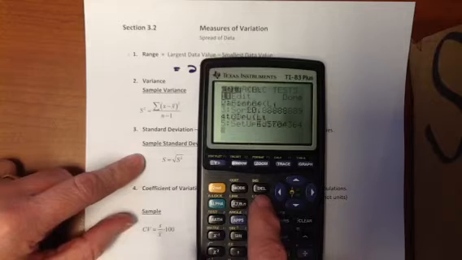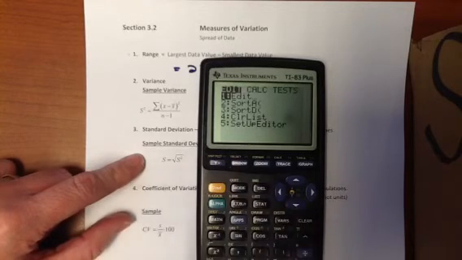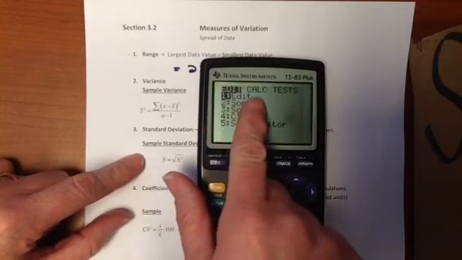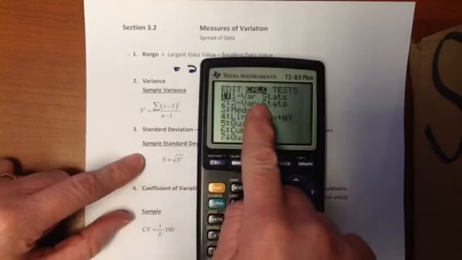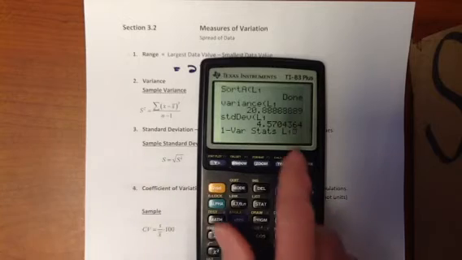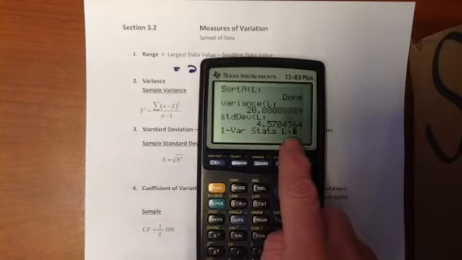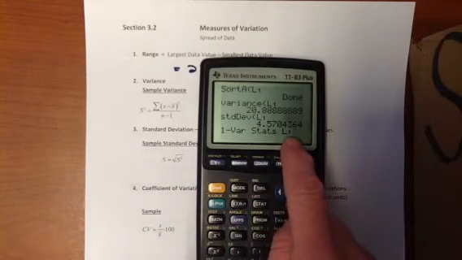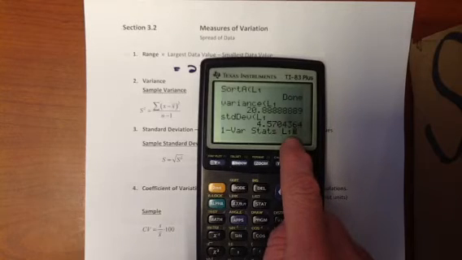Another way we can do it is if we go to stat. This is an important function in the calculator. Over to calc. The very first one, var stats. I'm going to tell it L1. Now, if we don't tell it which list, it will default to L1. You just may want to get in the habit of telling it in case you have your list in L2,